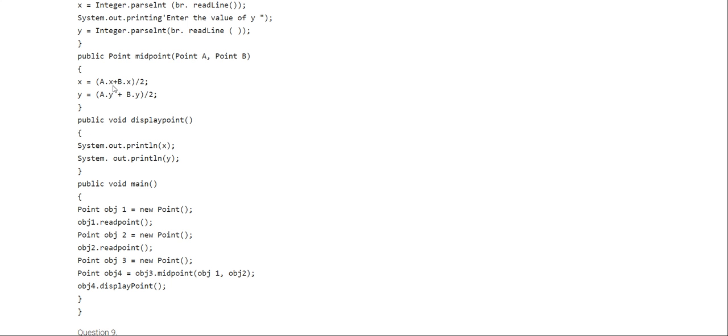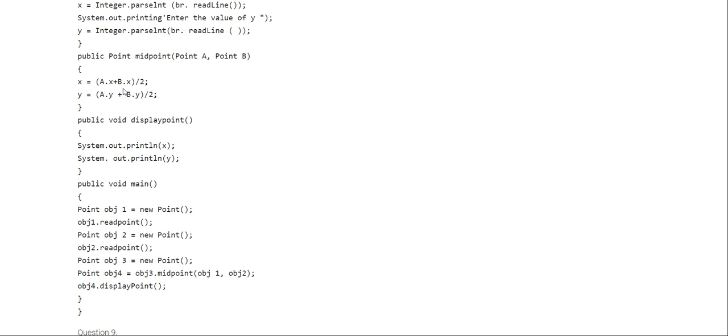The most important thing you have observed in this statement is that along with A and along with B, we are using the x variable. It means only one variable is used here, along with two different objects. In the first place it will use the first value, and in the second place it will use the second value.